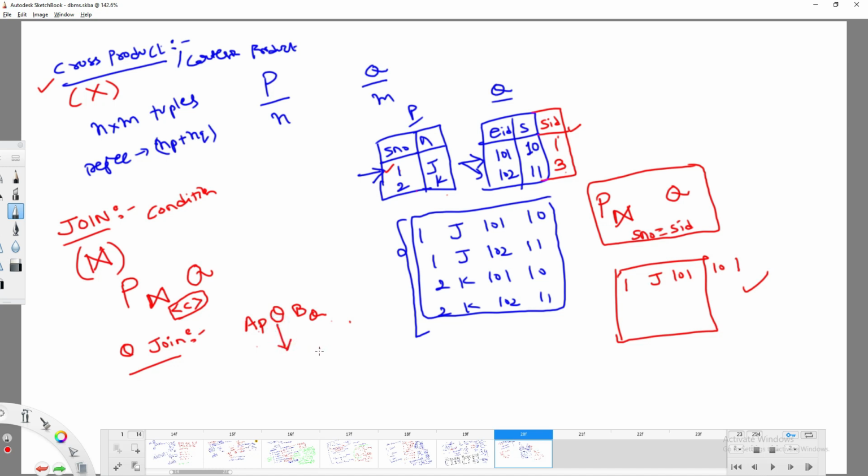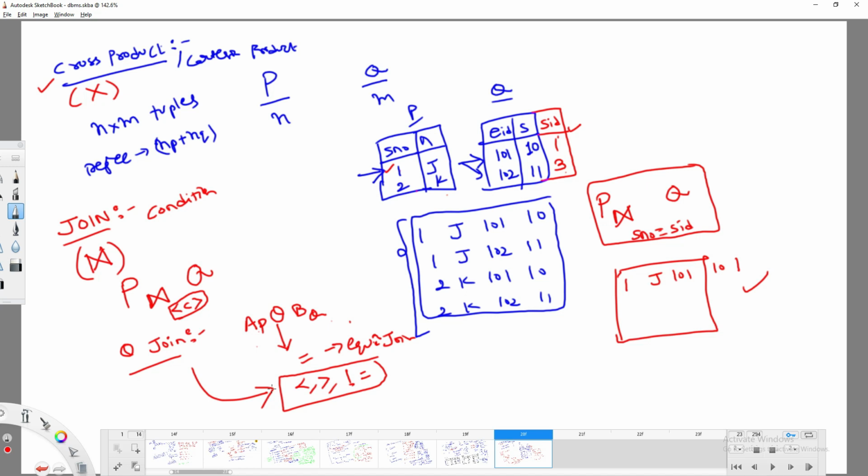So while writing conditions, if you apply the equal to operator, I can call it an equijoin, meaning that I am checking for equality between those two relations, right? And other operations like less than, greater than, not equal to, all of these come under theta join only. Theta join, right? So basically, a join operation is meant for performing a cross product and then checking a certain condition. If that condition uses the equal to operator, it is an equijoin. Other than equal to, I can call it a theta join.